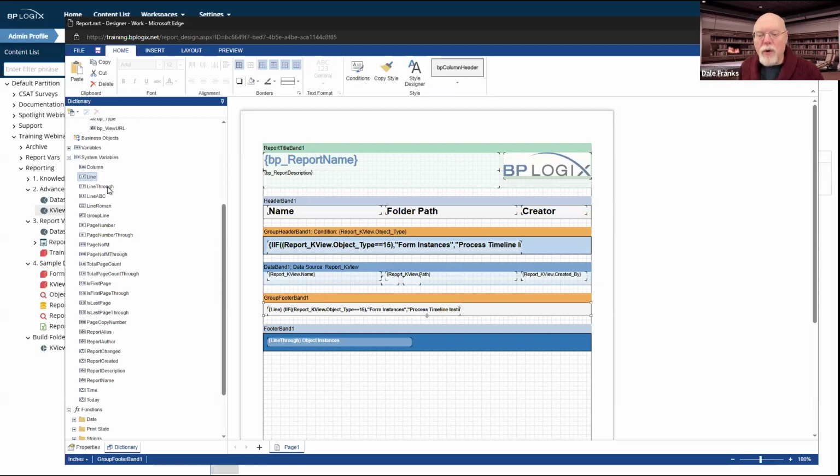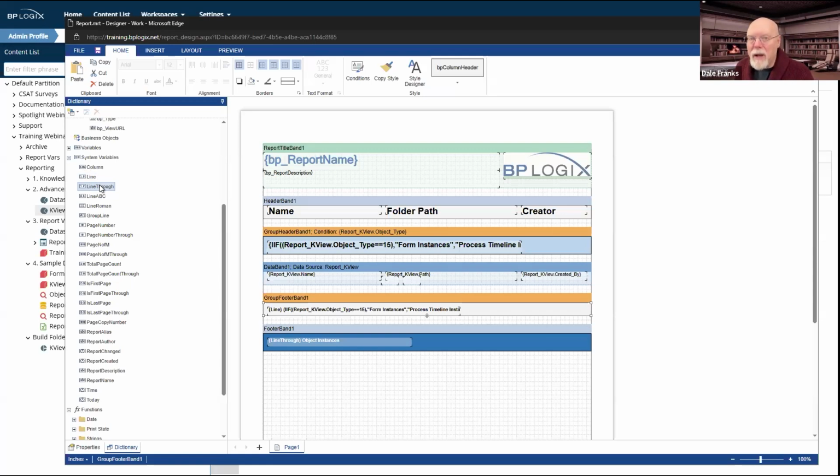The line through system variable will simply maintain a count of every row, irrespective of whether there are groups or not. It will not reset itself, and it will always show me the total number of rows. So with these two system variables, line, which resets itself in every group, and line through, which gives me a total number of lines, I can now perform a little trickery.